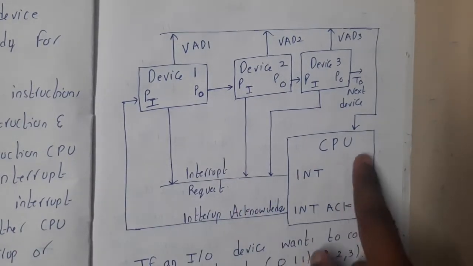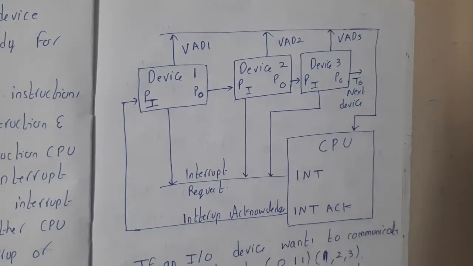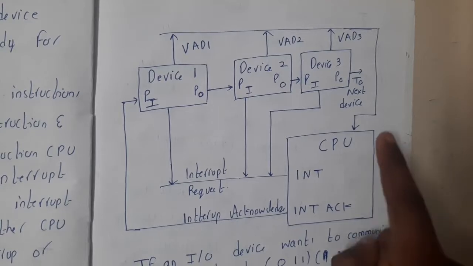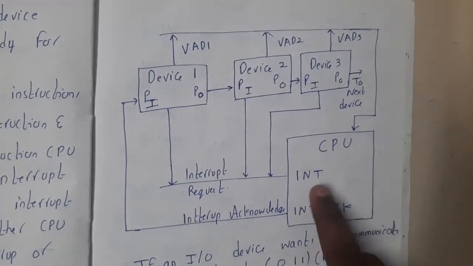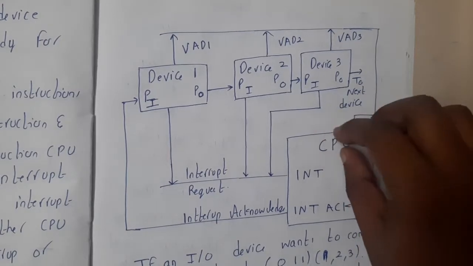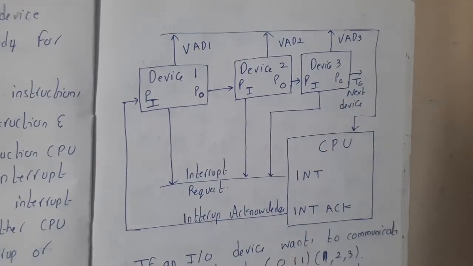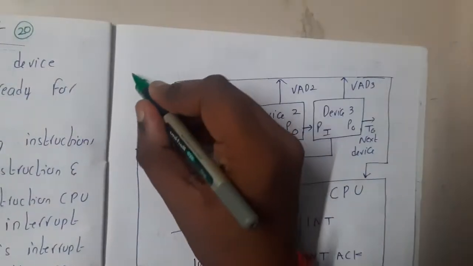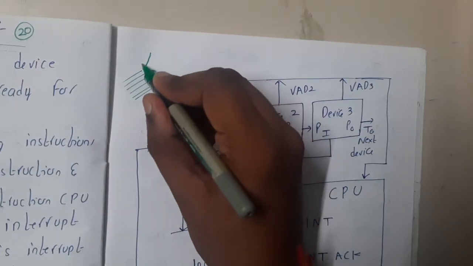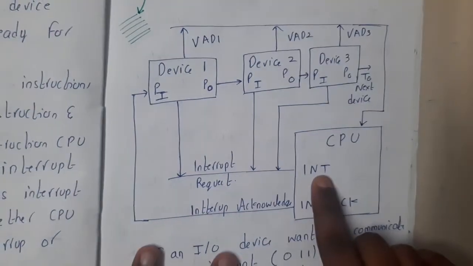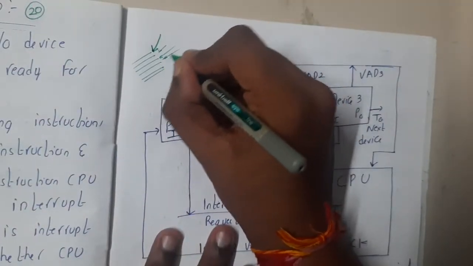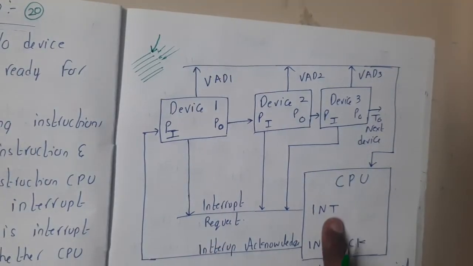So now the CPU knows that someone wants to send data to it. And remember one more thing: when will the CPU stop and check this interrupt, guys? It will check once its current execution is done. Basically, the CPU executes statement by statement, right? Once the first statement is done, it will check whether the interrupt is 0 or 1. If it is 0, it will continue to the next statement. In this way, after every statement it will come back and check, guys.